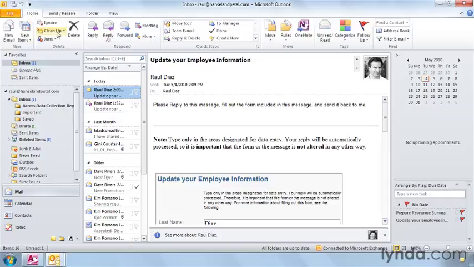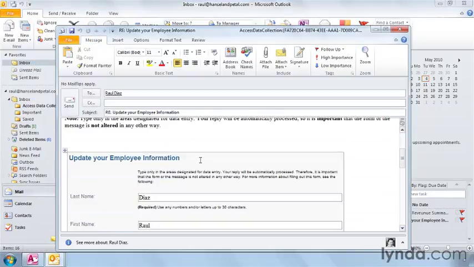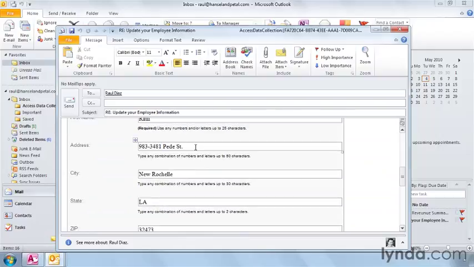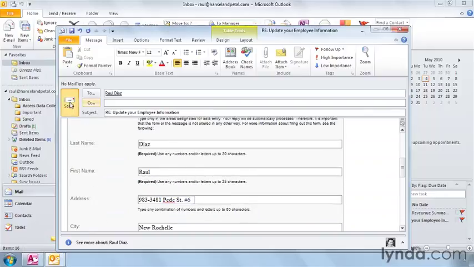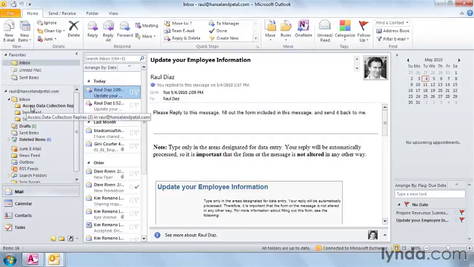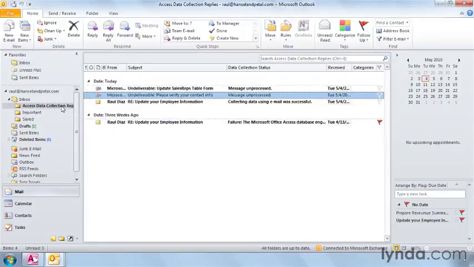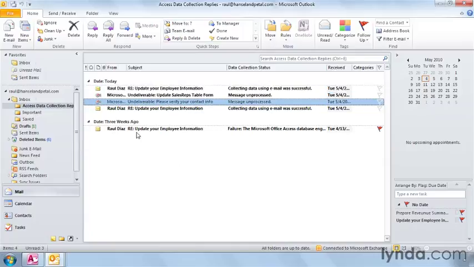I'll click Reply, and when I scroll down, I can edit any of these fields. Let's edit the address and put in an apartment number. I can see it in blue. Check the rest of my fields, and click Send. I even have an Access Data Collection repository here where I can see the status of all of my different